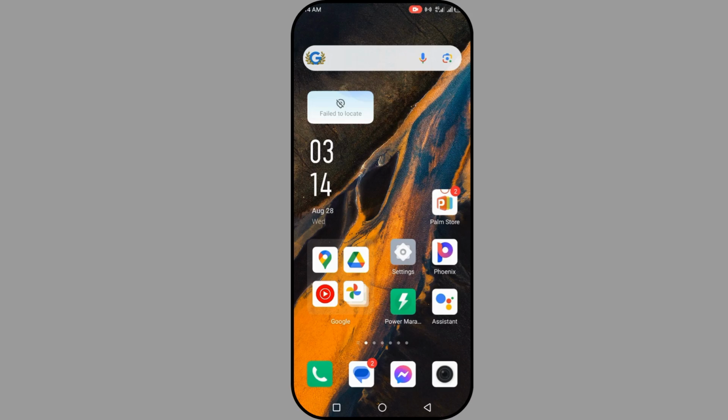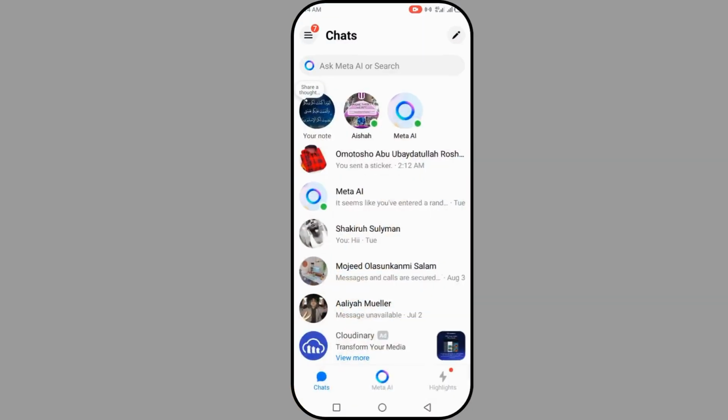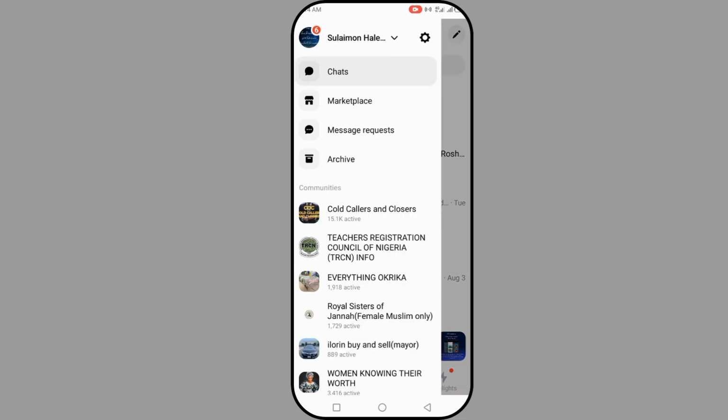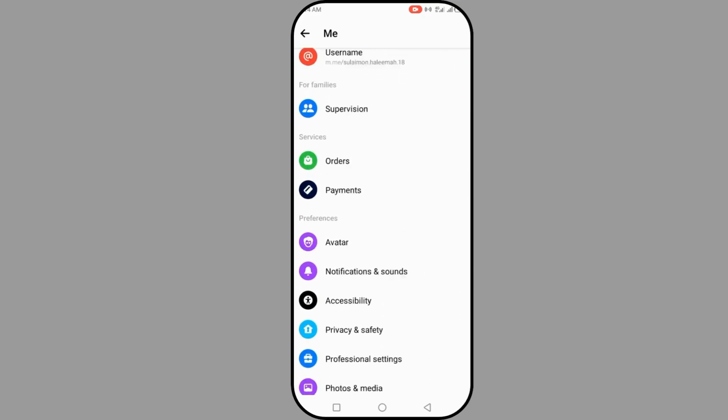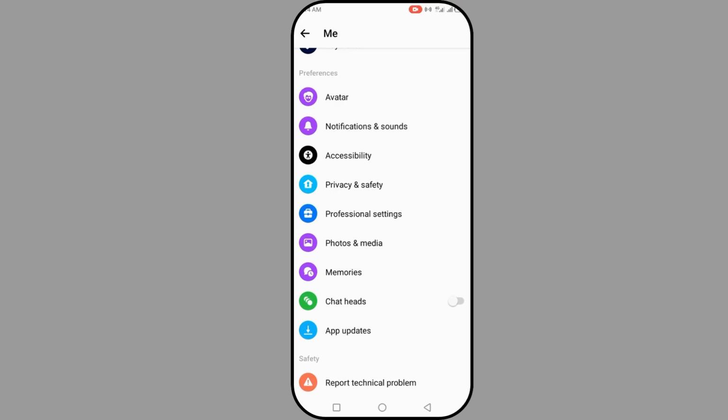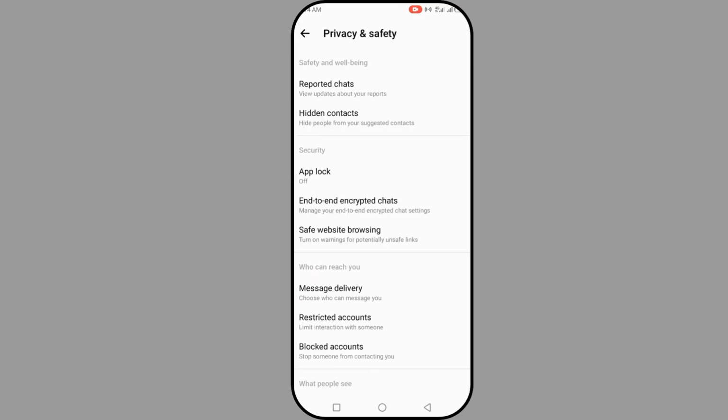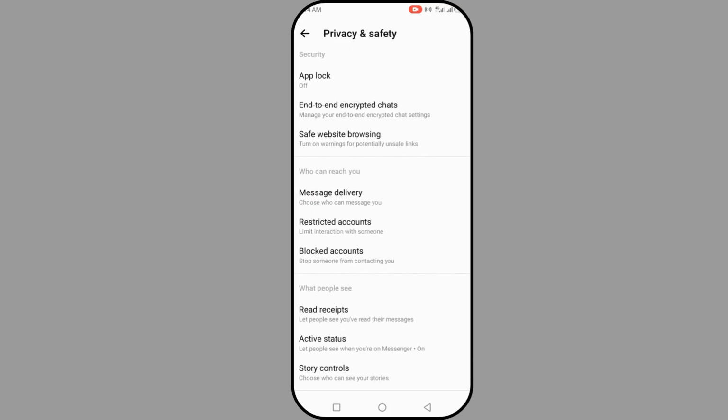The first step you're going to do is open your Messenger. And the second step is for you to come to this three-line button, click on the three-line button, and the next step is open your settings. Then the next step we're going to do is scroll down and go to your privacy and safety. Click on your privacy and safety, and the next step is for you to scroll down and click on restricted